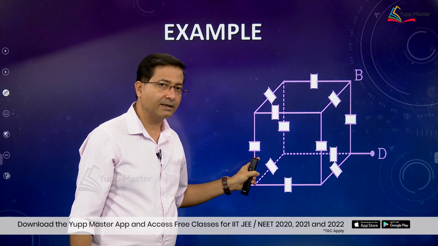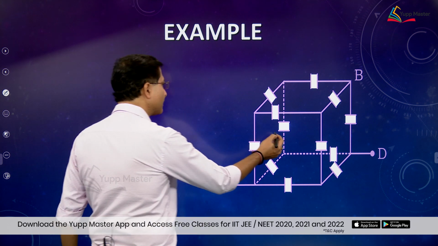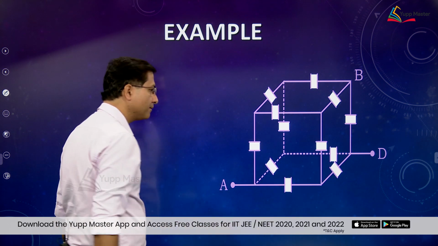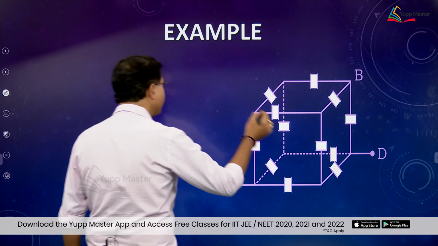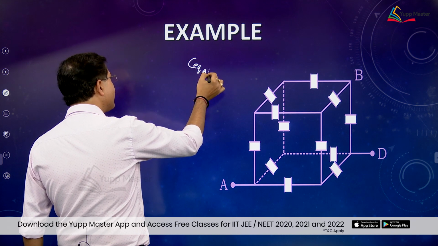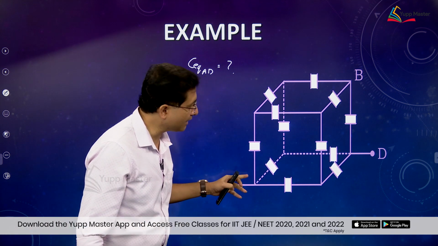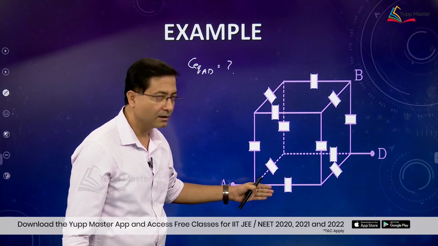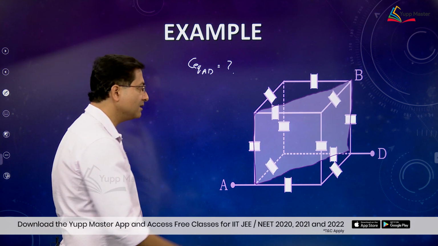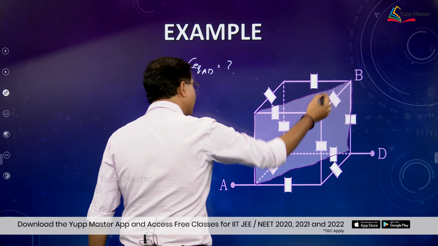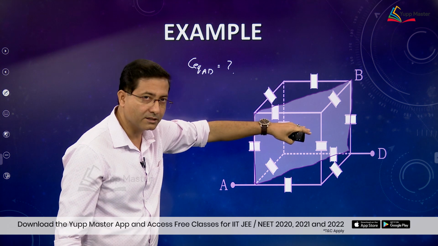All the capacitors are connected on the edge of a cube, and we have got a capacitor here. So there are 12 capacitors connected on the edge of a cube, and I am asking what is the equivalent capacitance across AD. So C equivalent across AD, if I want, then as you can see through AD, the line joining AD, you can pass a plane about which this whole circuit is symmetric. So I can see this plane about which the circuit is symmetric. Whatever we have on the other side, the same thing we have on this side.